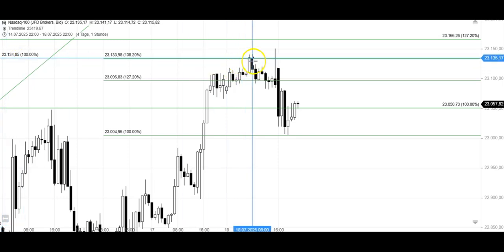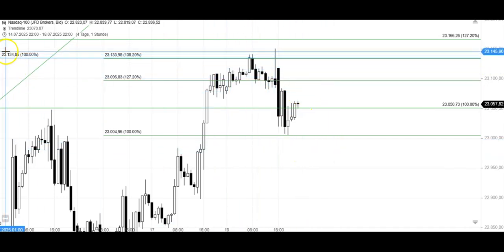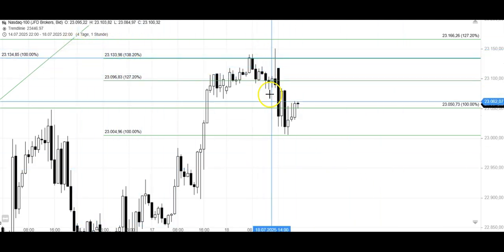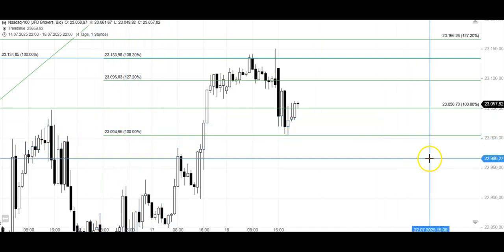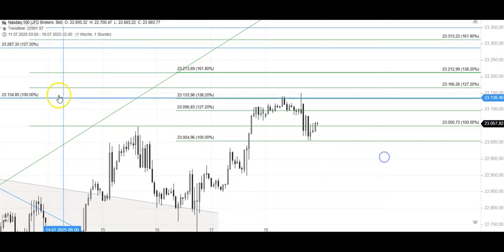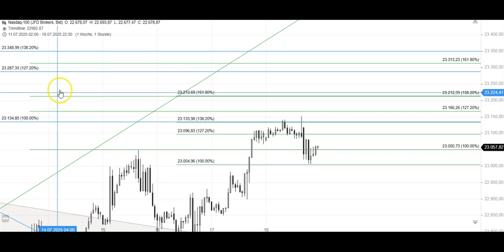Trigger is 23,134, closed at 23,135. It's only one pip. What I don't like is that we rejected there, which was also the green 138. But we went all the way down to retest that green 100%. There are much higher targets, especially if that blue sequence triggers. We can go easily to